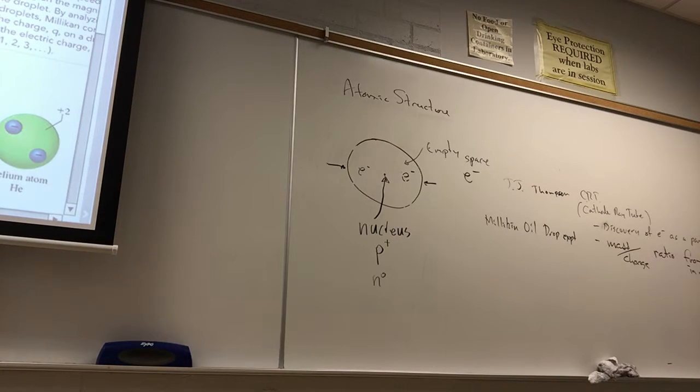Nuclear chemists care about nuclear forces. Why? Because nuclear forces are much, much stronger than electrical forces. Chemists don't care about gravitational forces because gravitational forces are much, much weaker than electrical forces. Nuclear chemists don't care about electrical forces because electrical forces are much, much weaker than nuclear forces,